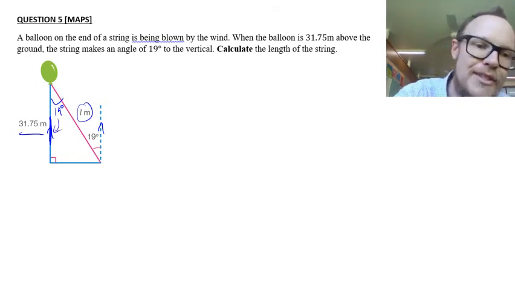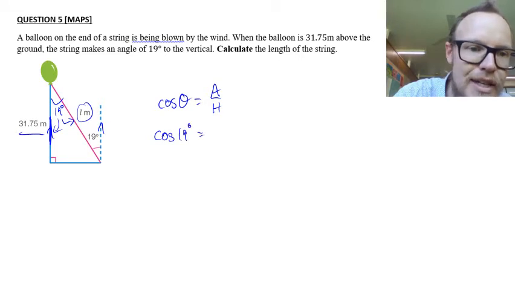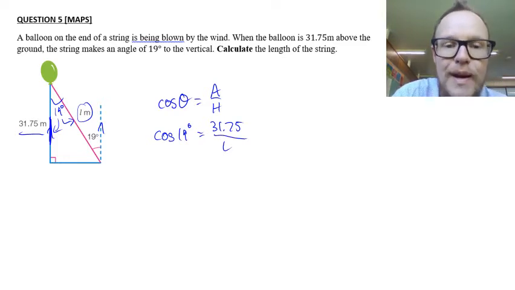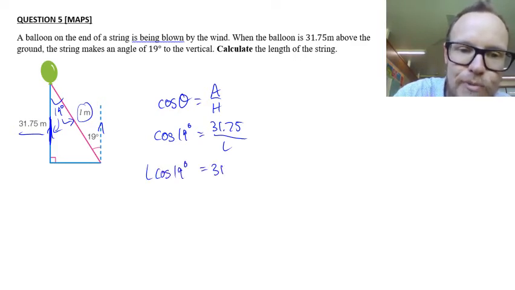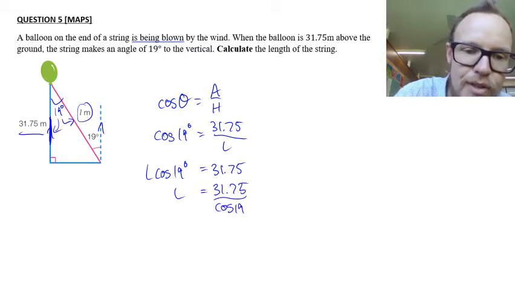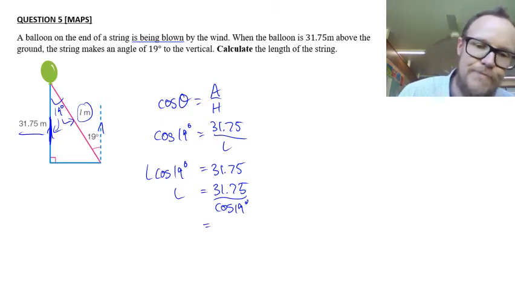We've got the adjacent side and we've got the hypotenuse that we're trying to find. So that means we need to use the cosine relationship. Cos theta equals adjacent over hypotenuse. So cos of 19 degrees is equal to the adjacent side, 31.75 meters, divided by the hypotenuse, L. To rearrange this, we need to multiply both sides by L, and we get L cos 19 degrees is equal to 31.75. And if we divide both sides by cos of 19 degrees, we get 31.75 divided by cos 19 degrees, which is equal to 31.75 divided by cos of 19, and we get